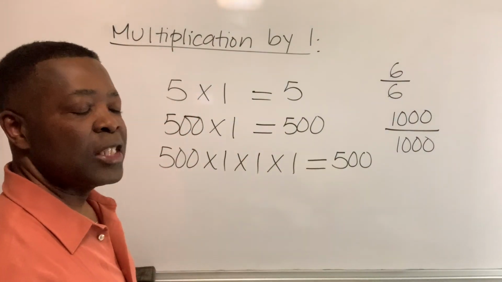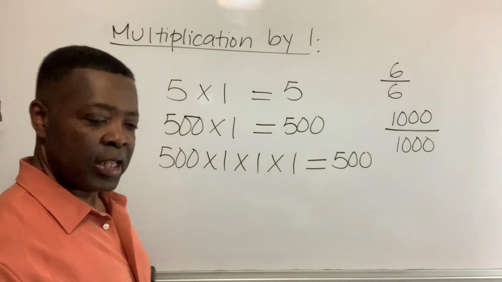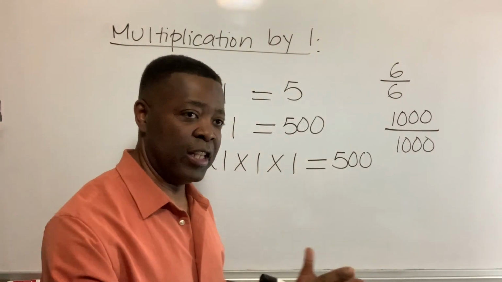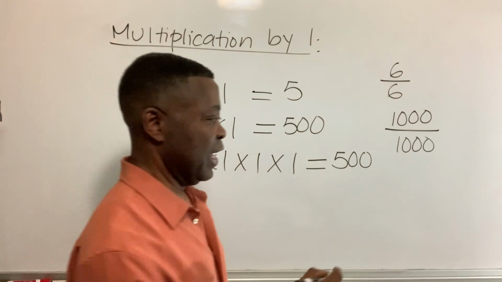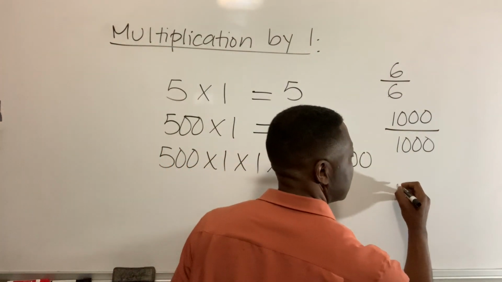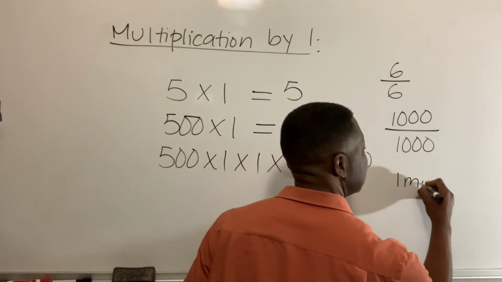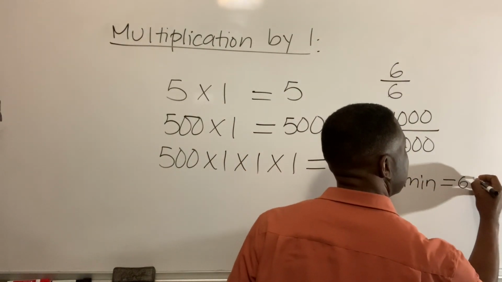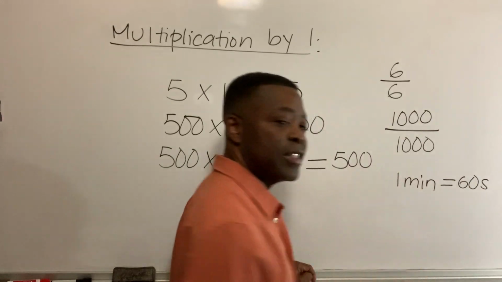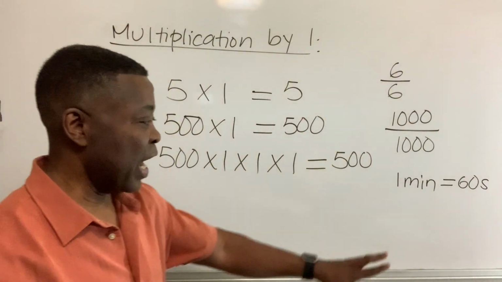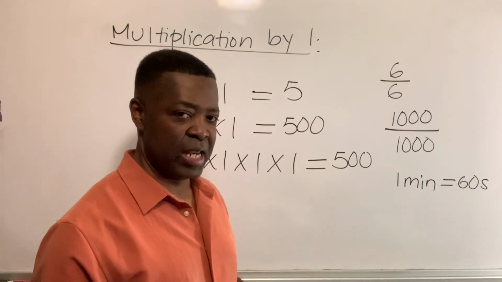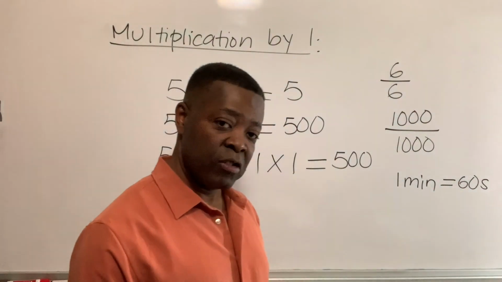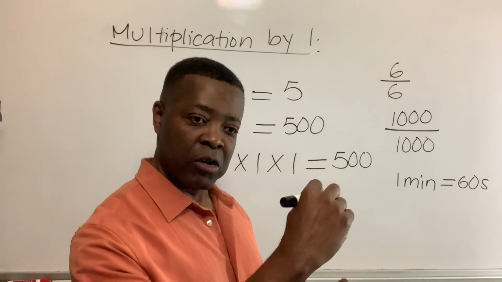Now, let's talk about units. Sometimes it happens that I have equivalent quantities. Let's say I have 1 minute equals 60 seconds. So I have 60 seconds in 1 minute. If with these two entities I form a fraction,